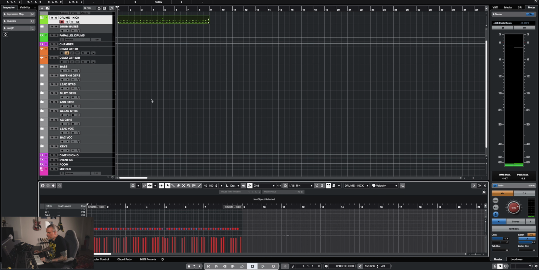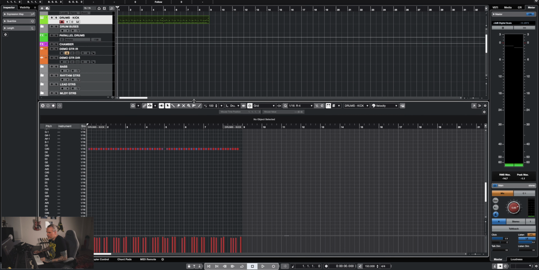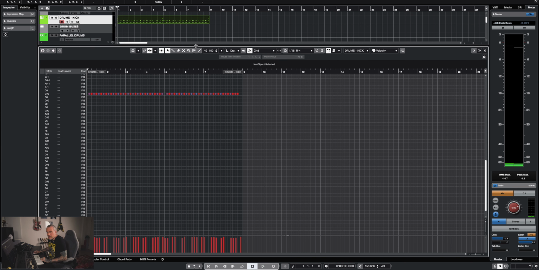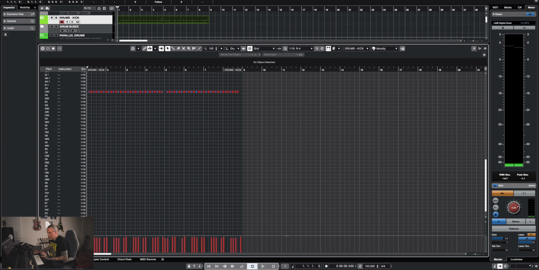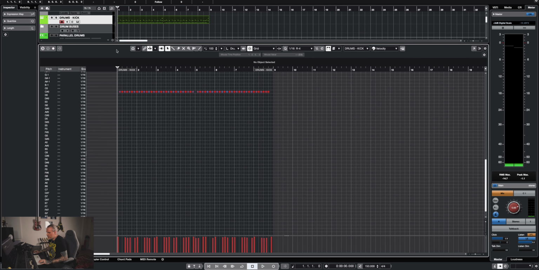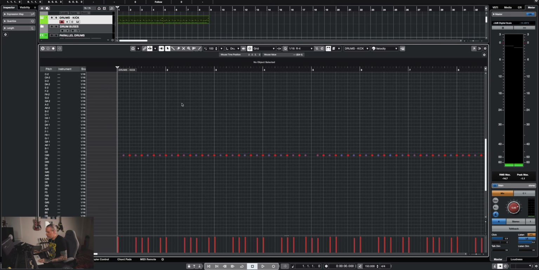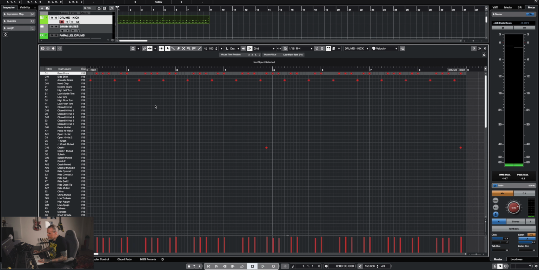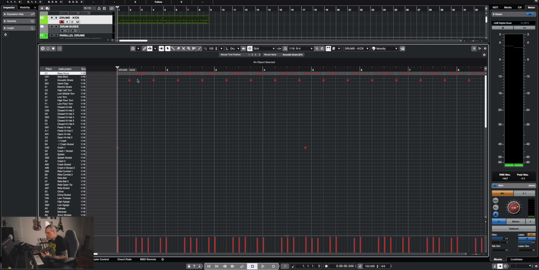Then I double click. This drum editor in Cubase, this is the best one I've tried. The Superior Drummer 3 has a little bit similar, but I prefer this. I've been using this for such a long time, long before I even used the Superior Drummer, so I'm so used to this. Well, there I have routed everything. Bass drum, kick drum, acoustic snare. If I need to edit this more, then I can just